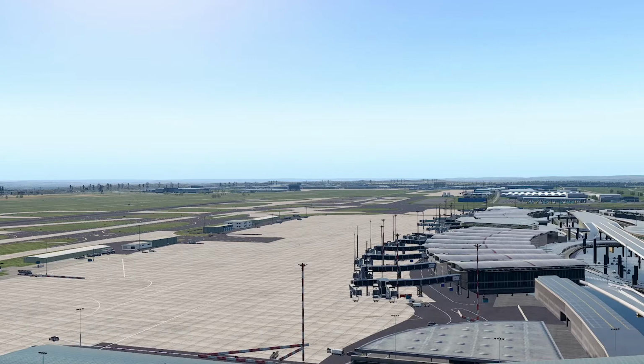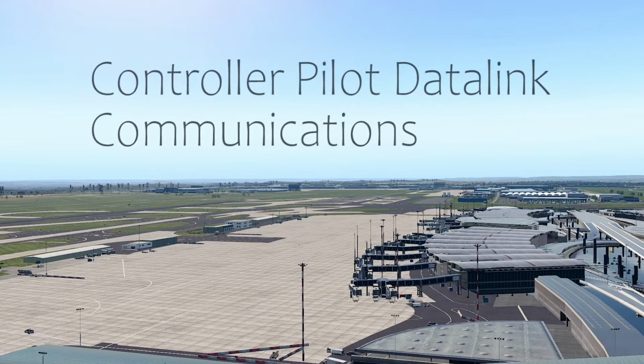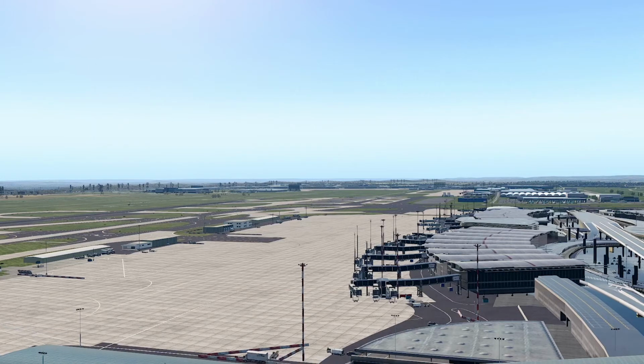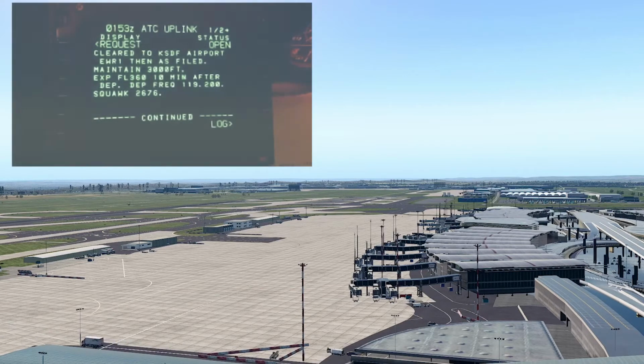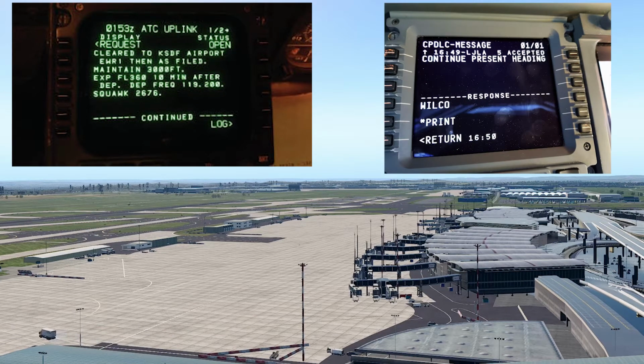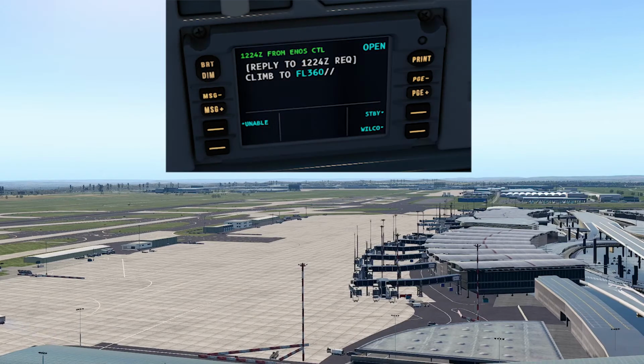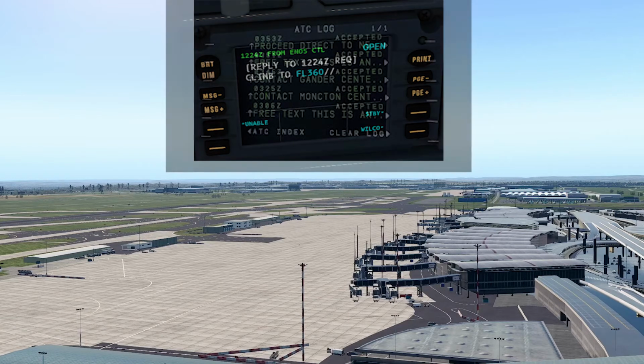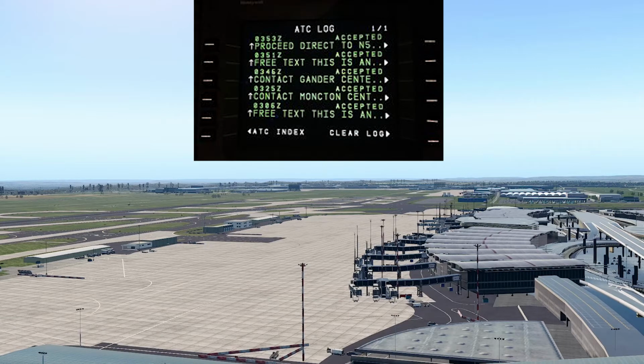So CPDLC stands for Controller Pilot Data Link Communications, and it's essentially a system that has been created to allow pilots and air traffic control to relay messages to each other. Now, normally in the world of VATSIM we use voice comms to speak to the air traffic controllers, and obviously vice versa to the pilots. Well, this system allows the pilots and ATC of course to send messages to each other in an appropriate form